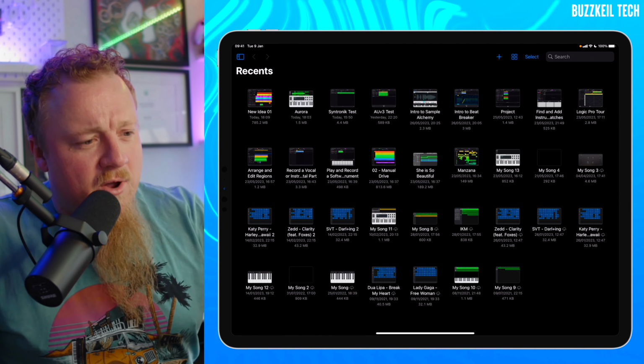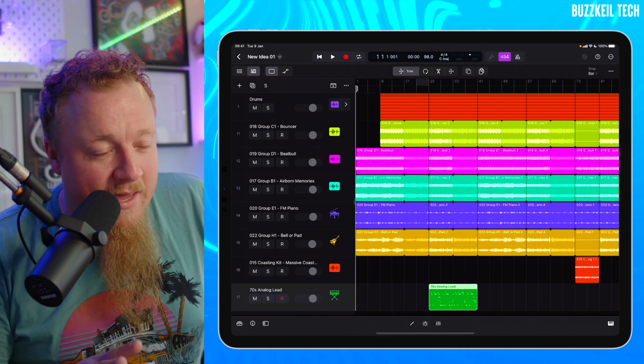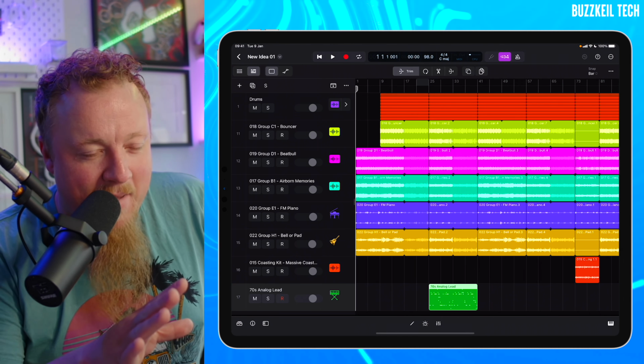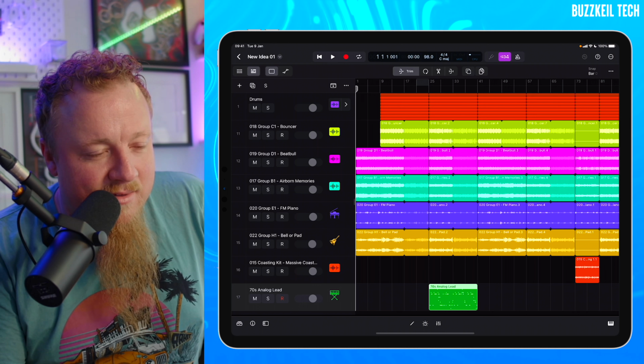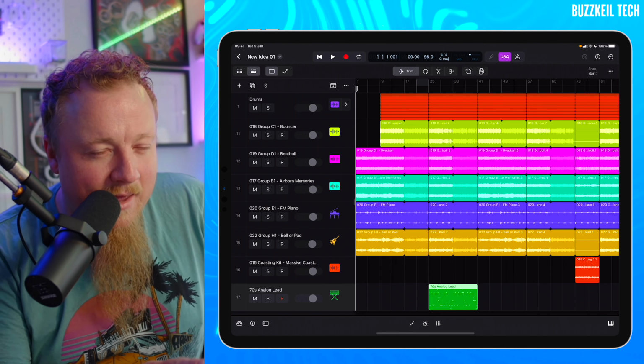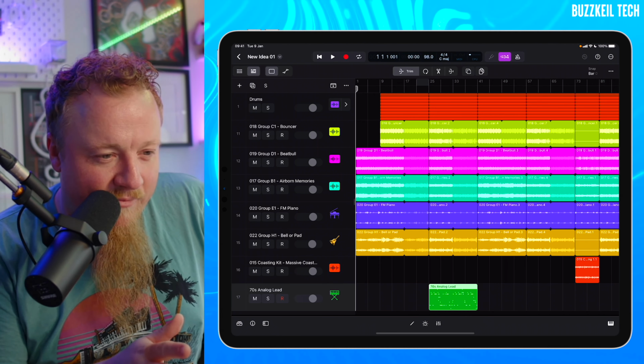So let's take a look at the iPad, the app, the interface and everything about it. And I've been using this for several days now. And what strikes me about Logic on the iPad is that you can really tell it's made for a touch interface. If you are hoping to use Logic with a magic keyboard or a trackpad or something like that, it's completely doable. But aspects of it feel quite clunky in comparison to the desktop version, because, and rightly so, I think that this version of Logic is made for touchscreen, and the touch implementation is actually really impressive,